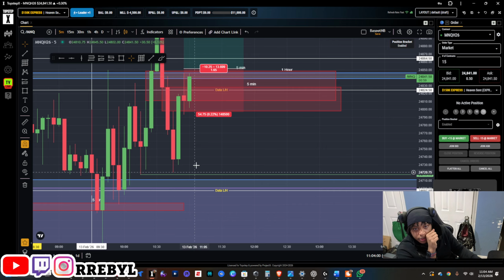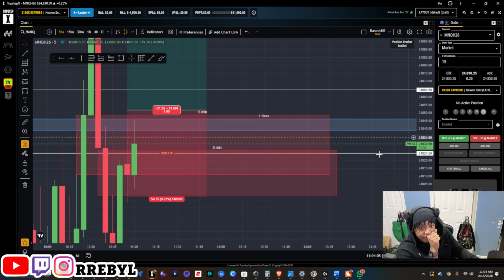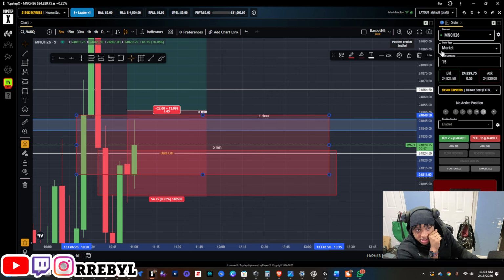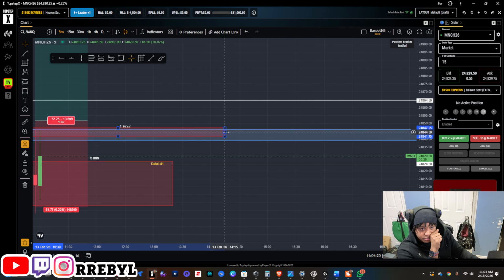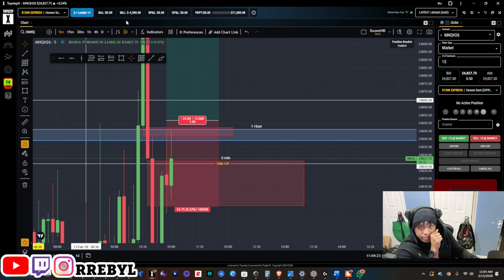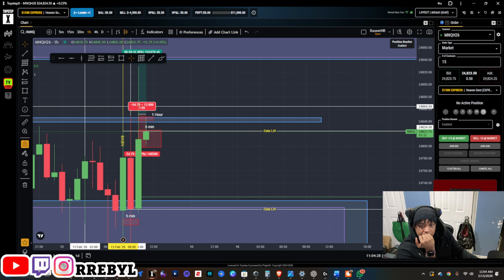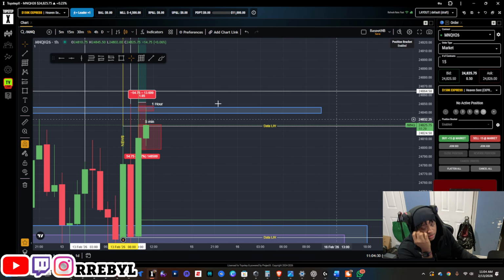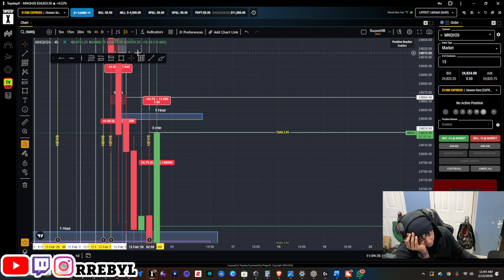Okay, we are currently about to inverse our first fair value gap. We just need a confirmation off the inverse. And then we have this. As far as this, take this away, this is just all in the way. But this, for sure. The 1 hour has some breaking structure to the upside. On the 4 hour, I have 3 hours left.